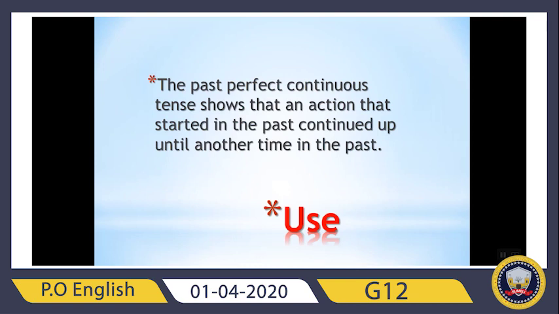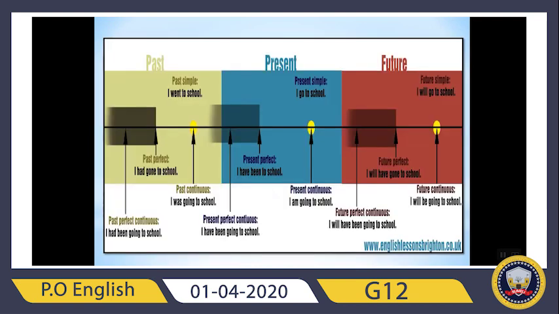One started from the beginning of the past, then comes another action that interrupts the first one, and both of them were in the past. Let us see here past, omit present, omit future, we don't need it now, just past. This is the area. Look, this is past perfect. It started from here to here. I had gone to school from here to here. But then past perfect continuous interrupts at the middle. It comes at the middle.